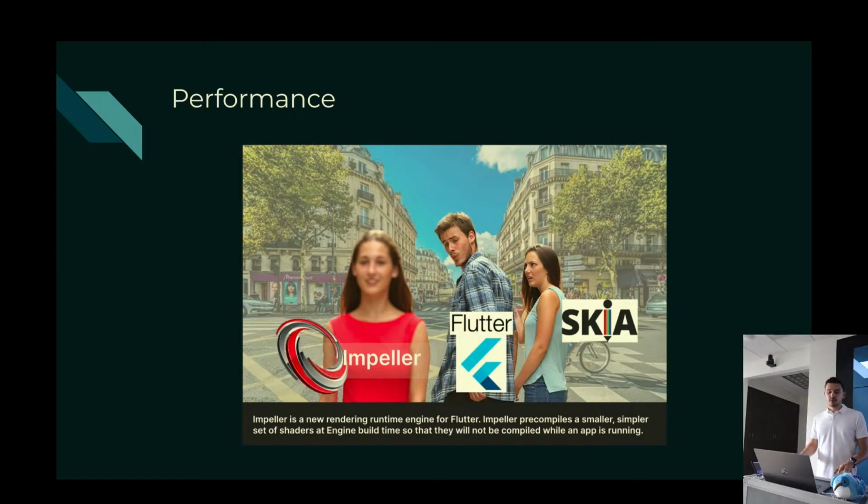Truly, where Flutter is lacking in performance still remains on web. For web, we compile to JavaScript, and Flutter is treated as a single-page application, which means you have a huge JavaScript bundle loaded the first time you go to the website.